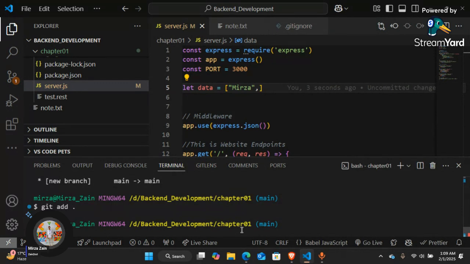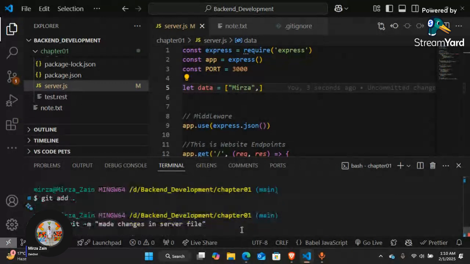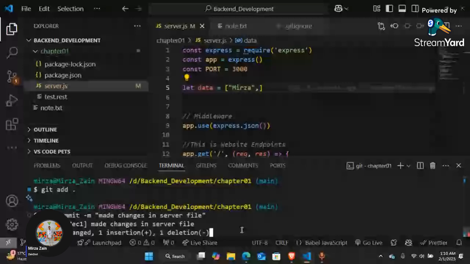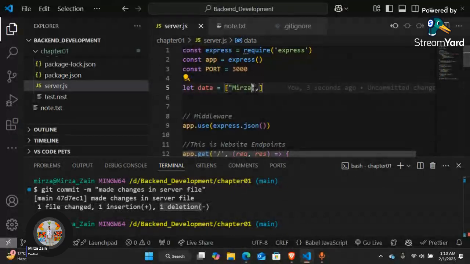So after adding with git add dot, I can just push the command. I have made changes in the file, and I'm just going to click, and it shows you that you made a change into one file, and what you did: one insertion and one deletion, because I just deleted Jan and added